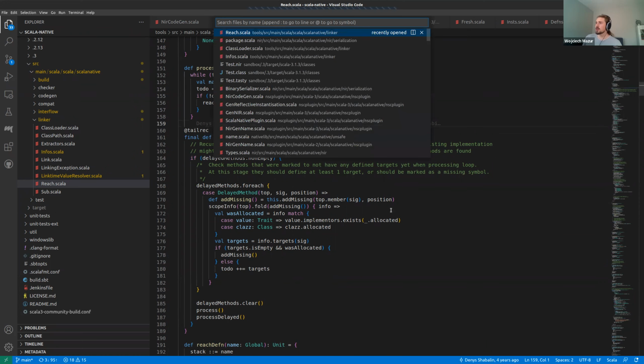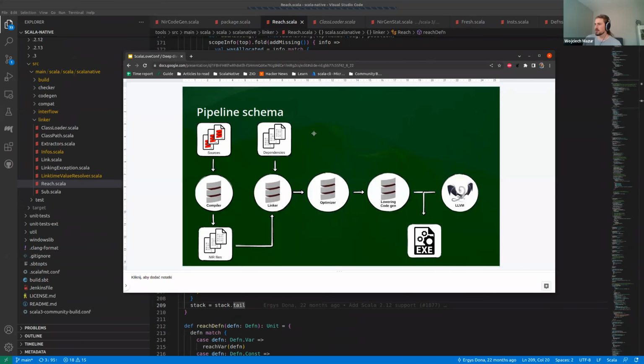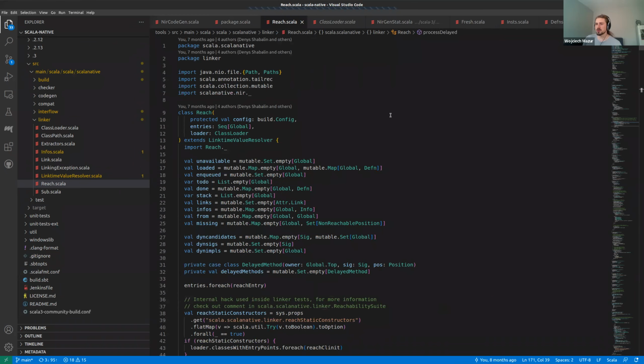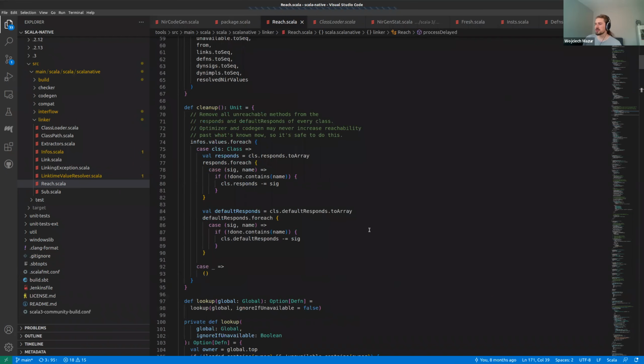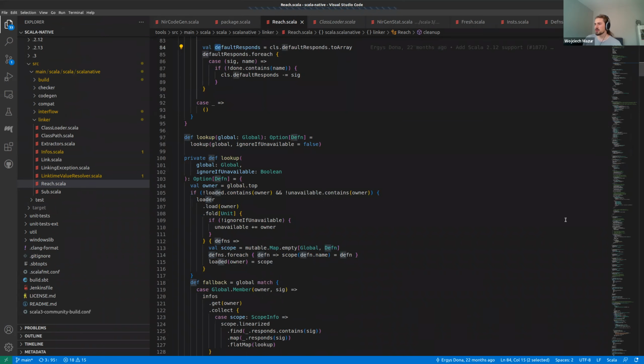So, in short, that would be a top-level explanation of how, for example, this part would work. In this linker stage, we would typically just perform class loading and traverse all the things that we collect. However, also at the very end of this stage, we would also